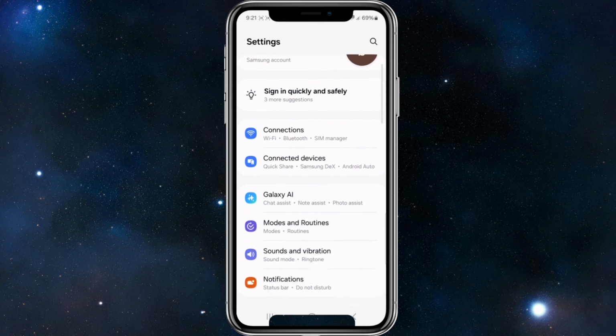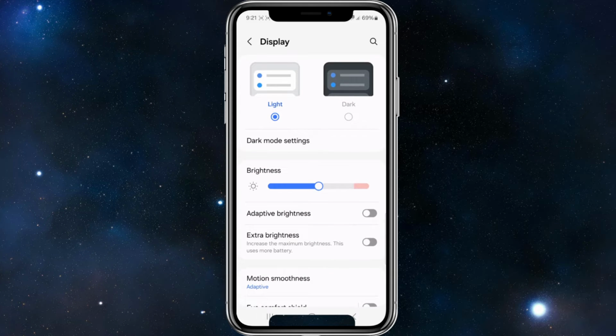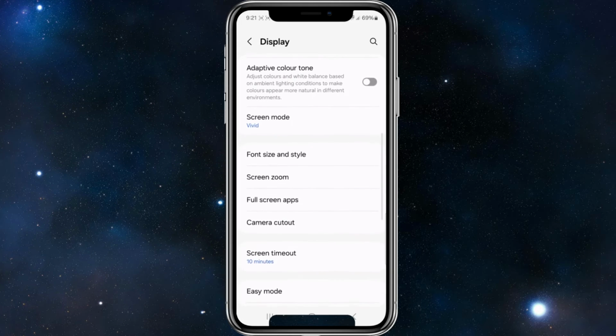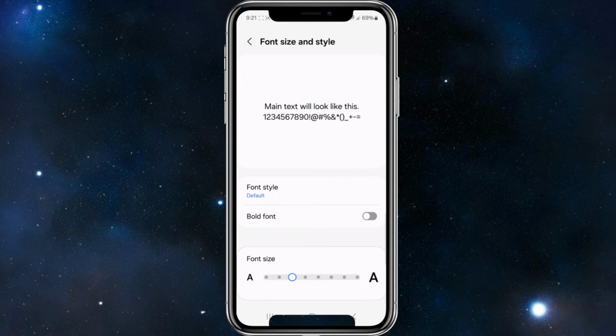my settings app, now scroll down and you'll see display. So go ahead and click into display. Navigate lower and look for font size and style. Go ahead and click onto font size and style, and then right at the bottom of the page here we've